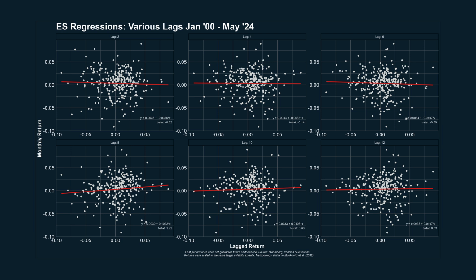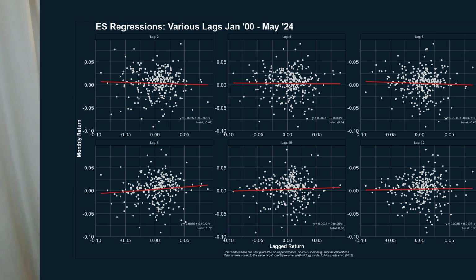I'll leave some background material in the description box below for those seeking a more technical understanding, but for the purposes of this video, we'll simplify and say that it tells us 2 useful bits of information. A positive t-stat suggested a positive relationship between the variables. So if lagged returns were greater than 0, subsequent returns tended to be so as well. The second bit of useful information about the t-stat is its absolute size. The bigger, the more robust we think the relationship tends to be, and the less likely it's just a